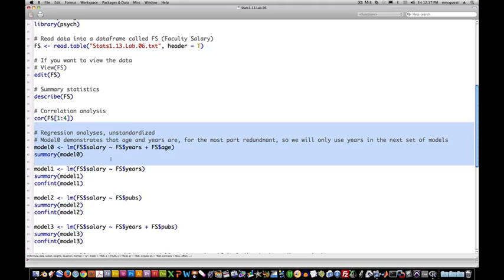So this is an important lesson for multiple regression: we don't want to just throw in all the predictor variables that we have at our disposal. We want to include variables that are theoretically meaningful, and we don't want to include variables that are redundant. So the purpose of this first model, and that's why I'm calling it model 0, is just to illustrate that point. So if I run this model,